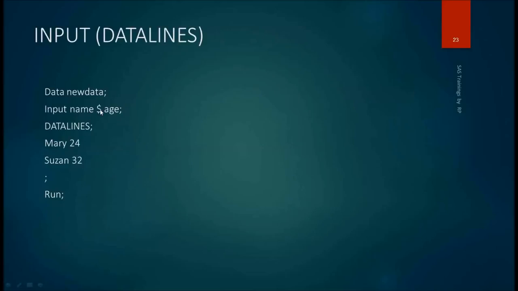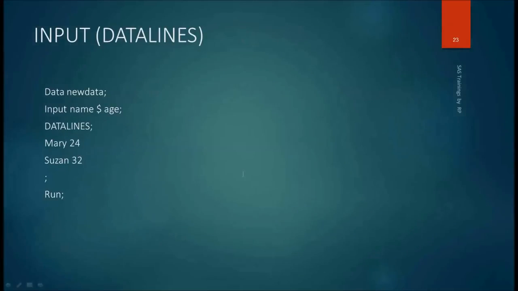Which is character. I have specified a $ sign and age. So here I am passing values also. So that's why data lines is used to create a data set by passing names and observations in the program. So if you see the real SAS environment,